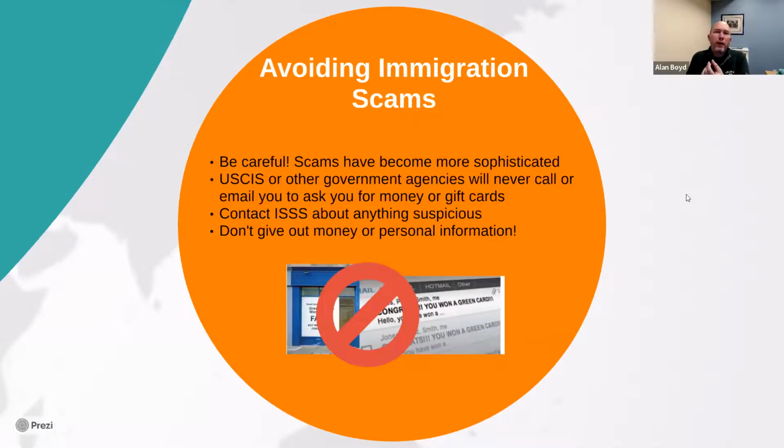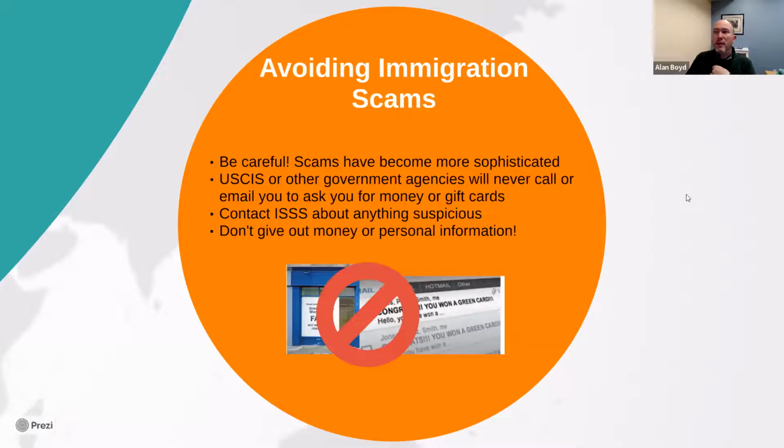It's very rare that the government would contact you to say that your visa is in jeopardy. If it does happen, it will be by mail. We would say maybe 1 in 2,000 students might ever receive this. It's very uncommon, but if it ever happened, please just take it to the ISSS and we can tell you if it is legitimate. But